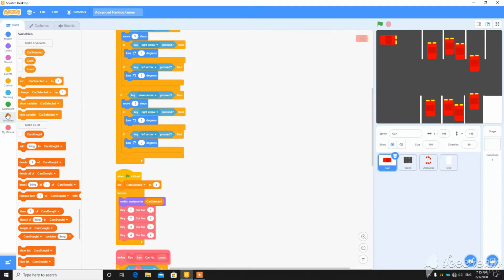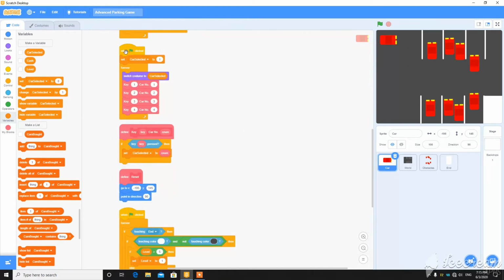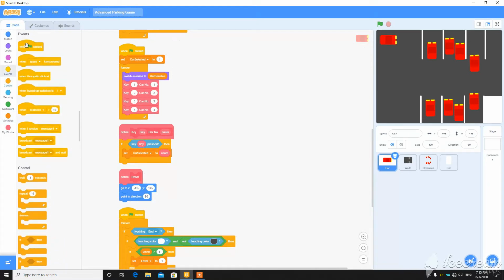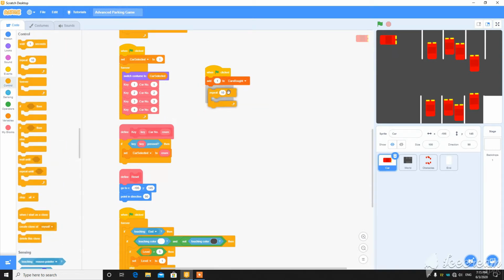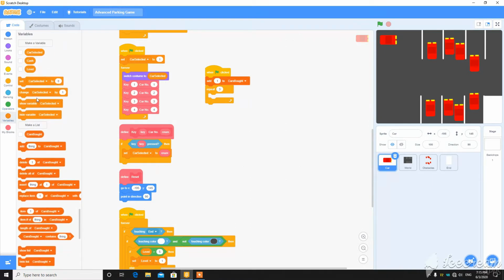Then you can hide this list. This will work like this: if the value is 1 the car is bought, and if it is 0 the car is not bought. Put a script, when the green flag clicked, add 1 to cars bought, and then repeat the number of cars leaving the first one. I have 3, total 4 cars.